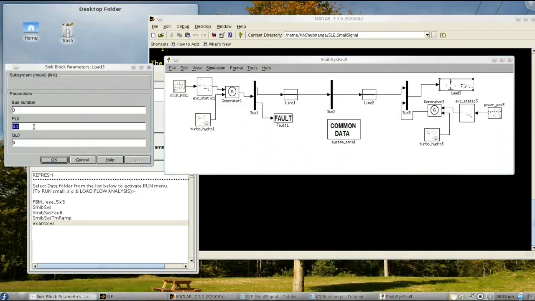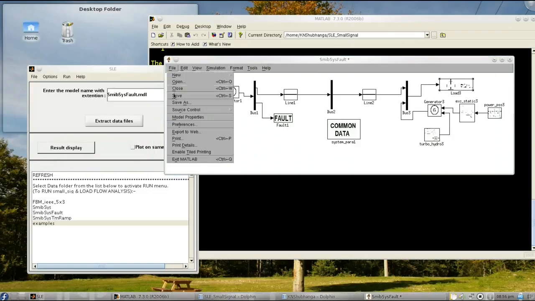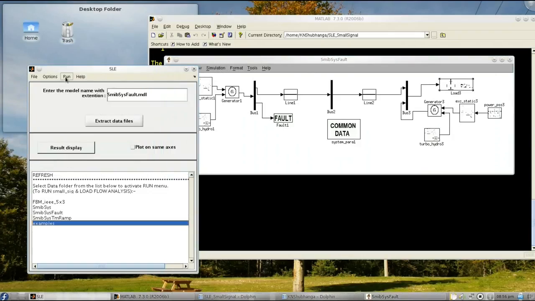Now incrementing the load to 0.9 per unit and then updating the data file folder.